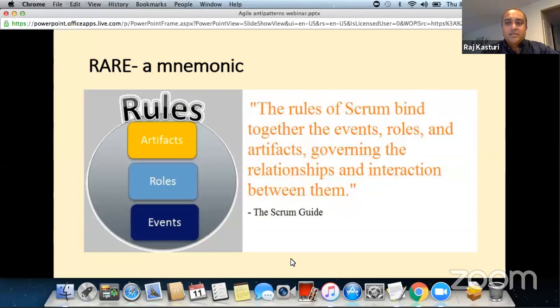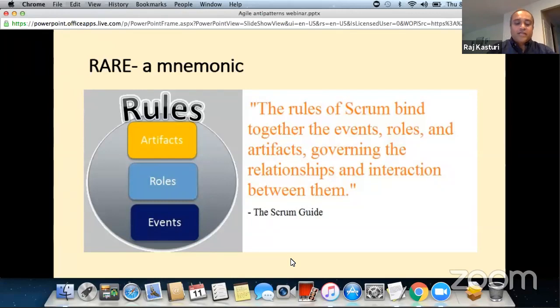Scrum has rules, Scrum has artifacts. So the artifacts of Scrum, obviously, we are talking about the 3 artifacts, the roles, which are Scrum Master, product owner, and the development team. And events: sprint itself is an event, which is a container, the time box that we are talking about. And we are also talking about sprint planning, the daily Scrum, sprint review, and the sprint retrospective. So as you can see, the rules of Scrum bind together the events, roles, and artifacts, governing the relationships and interaction between them,